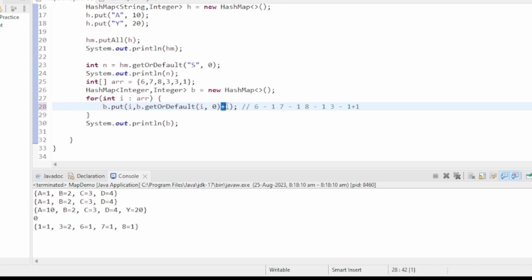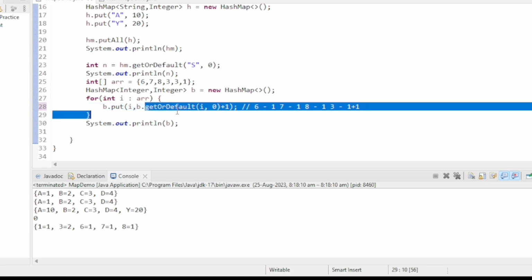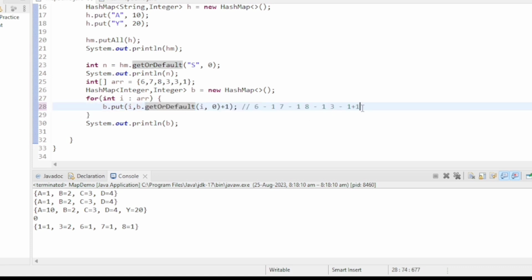So it will become 2, and this 2 we will add in our hash map. And obviously we are using the put method, not putIfAbsent,